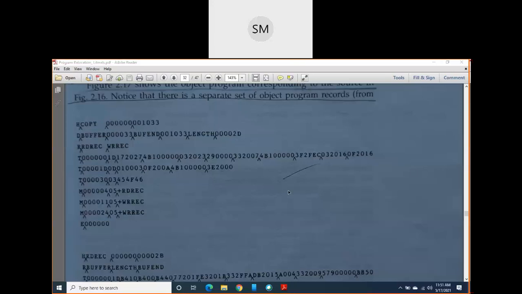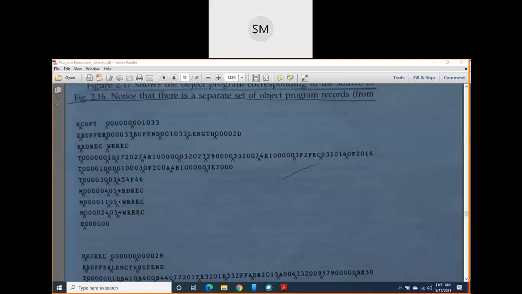Already we know this one. That is the program relocation concept. Right? So here +JSUB, whenever it comes, you can directly take its address as RDREC here. That is read record. Read record address should be modified. So I have written it here as +RDREC.